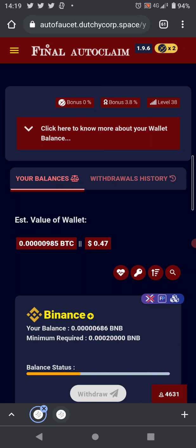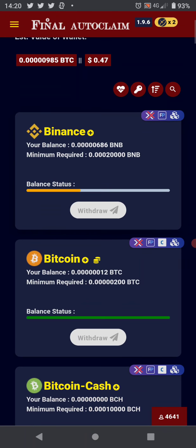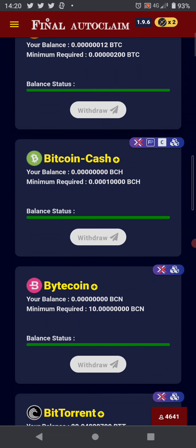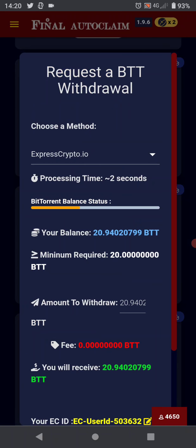like I said, I've only been on this site for about 5 days now, and a lot of the coins have gone into Faucet Pay already. But on this site, in the wallet balance, I've got about 47 pence worth of coins, including 12 Satoshis of Bitcoin now. See, I've got these BitTorrent coins here, these BTT coins, and the minimum required to withdraw is 20,000 BTT. So if I wanted to withdraw that,